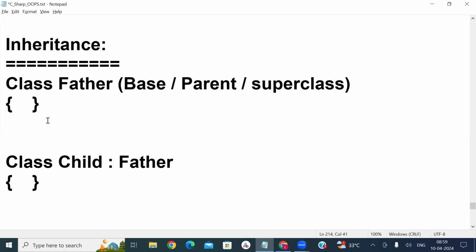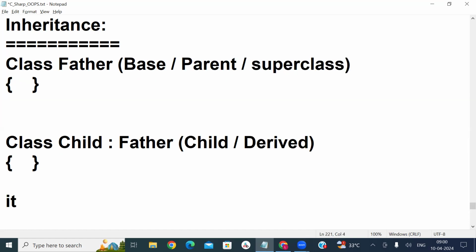Whereas here you will call it the child class or derived class. So inheritance is nothing but the concept of creating a base class, and based on the base class we derive a derived class. So what is inheritance?